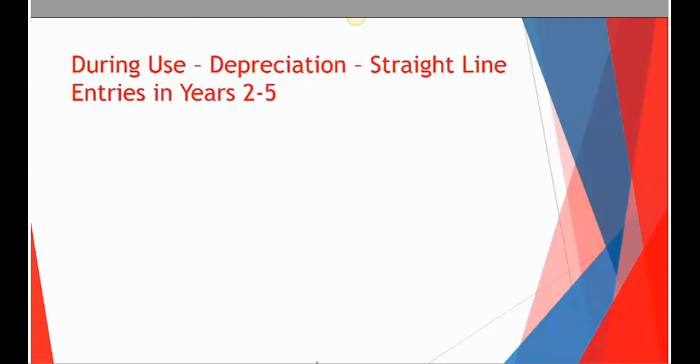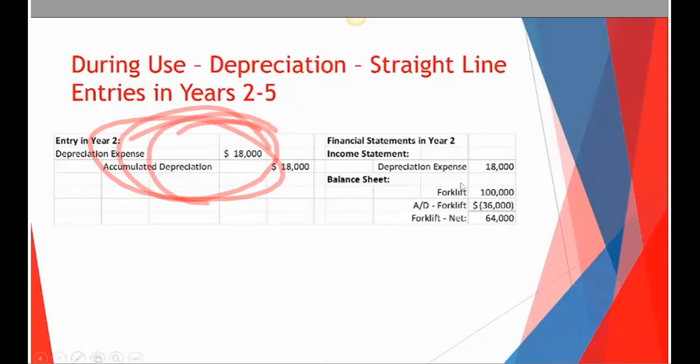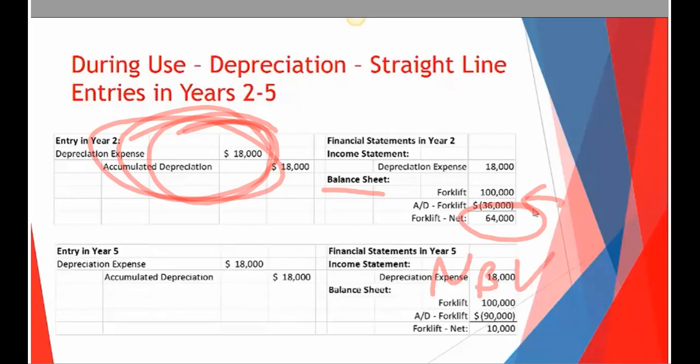That's right. All right. What happens in years 2 through 5? Pretty much the same thing from a journal entry standpoint. Identical. We just continue to have depreciation expense and accumulated depreciation. We'll do that all 5 years, and really the only change is on the balance sheet. You'll notice the forklift balance of 100,000 doesn't change, but the accumulated depreciation just keeps getting 18 grand higher per year. So at the end of year 2, accumulated depreciation will be 36 grand. At the end of year 3, 54 grand. Year 4, 72 grand. And at the end of year 5, it will be $90,000 there in the bottom right-hand corner.